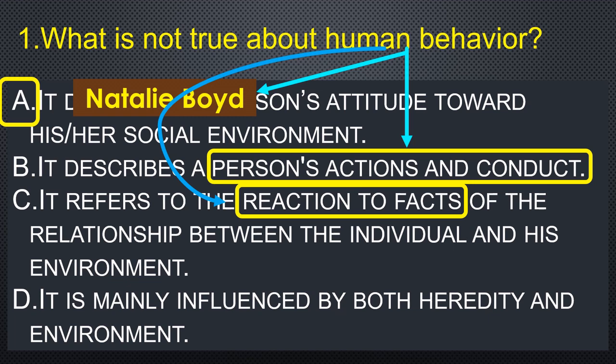Another thing, according to Natalie Boyd, human behavior is both, meaning Natalie Boyd believed that human behavior, the way you talk, the way you walk, the things that you do, your conduct in life could either be or are basically attributed from your genetical order, meaning what you inherited. Further, your behavior,